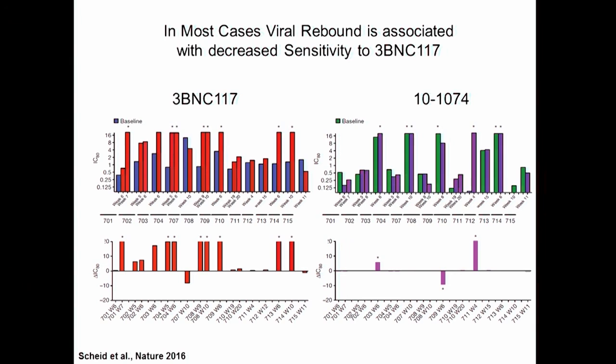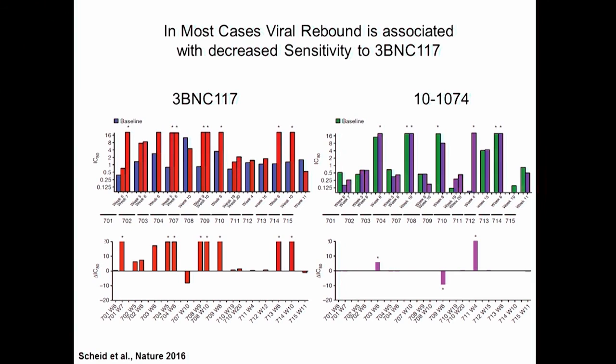And just in the interest of time, I'm going to skip ahead and summarize that basically what we found is that in most of the individuals, this graph down here shows you the difference in sensitivity of outgrowth cultures from the baseline to the rebound samples, and showed that in most of the patients we had increased resistance to 3BNC117 at rebound compared to screen, with some exceptions over here, as you can see, where there was no change in sensitivity